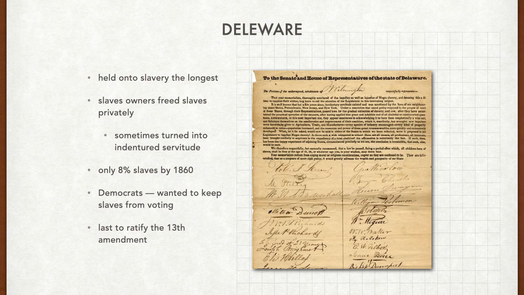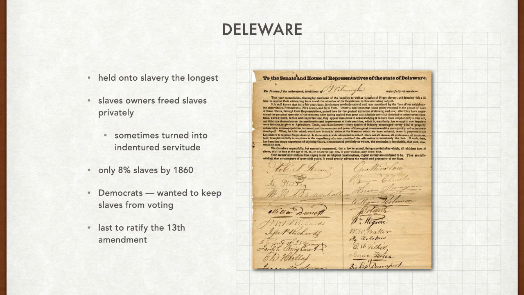Privately, some Delaware slave owners freed their slaves, created indentured type agreements, so making contracts again, or fashioned their own gradual emancipation agreements by retaining their rights to labor in their slaves' most productive years and then freeing them. So basically the same as the other northern states. Because of private action, slavery did decrease significantly from 70% of the black population in 1790 to only 8% in 1860, but that's quite a lot of time to do that, right?